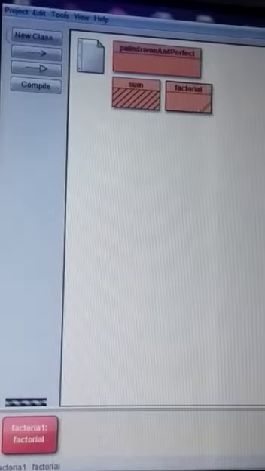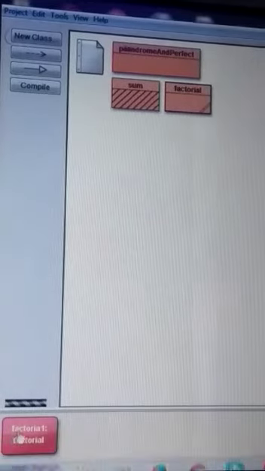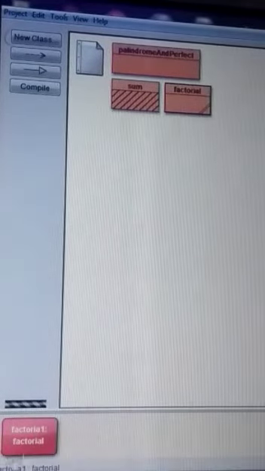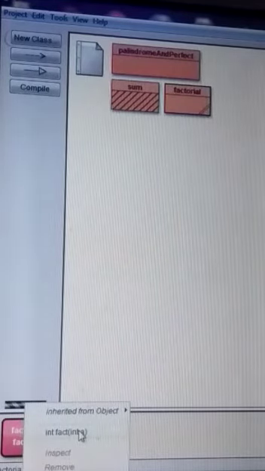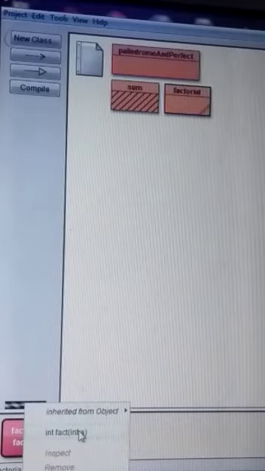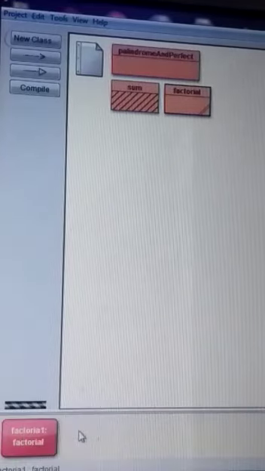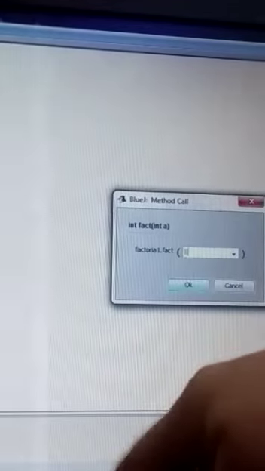As you can see in the corner, the object is created over here. When we right click on the object, it will give the function's name over here. As you can see, the function name is given, int fact(int a). On clicking on this, one more dialog box will appear, and in this dialog box we enter the value, suppose we have entered 5 over here.